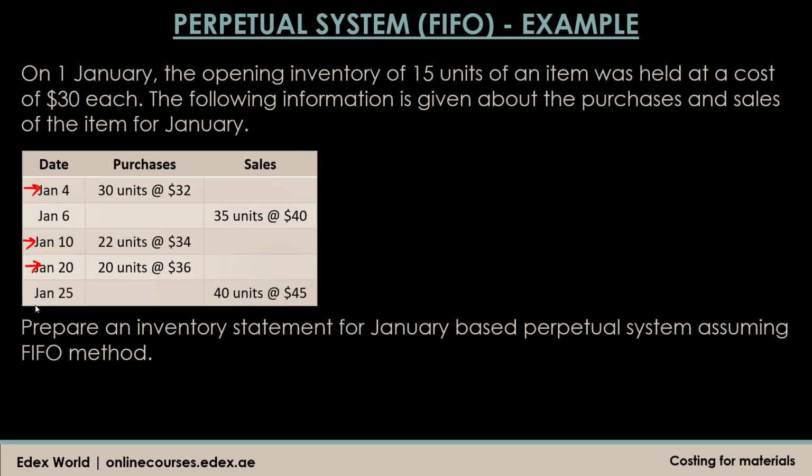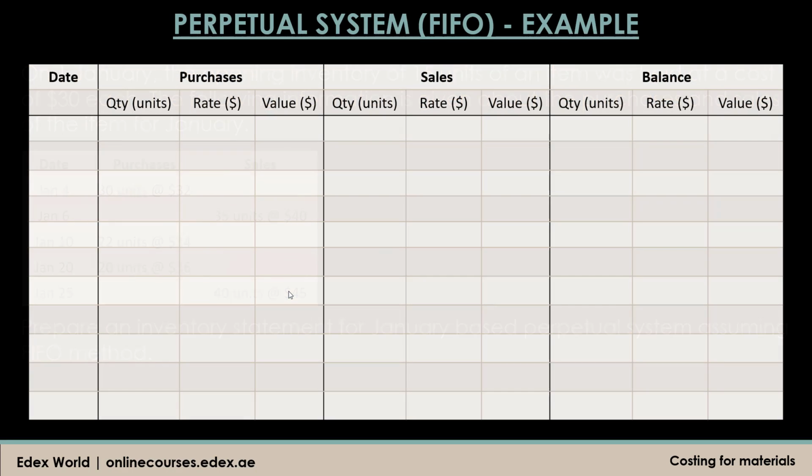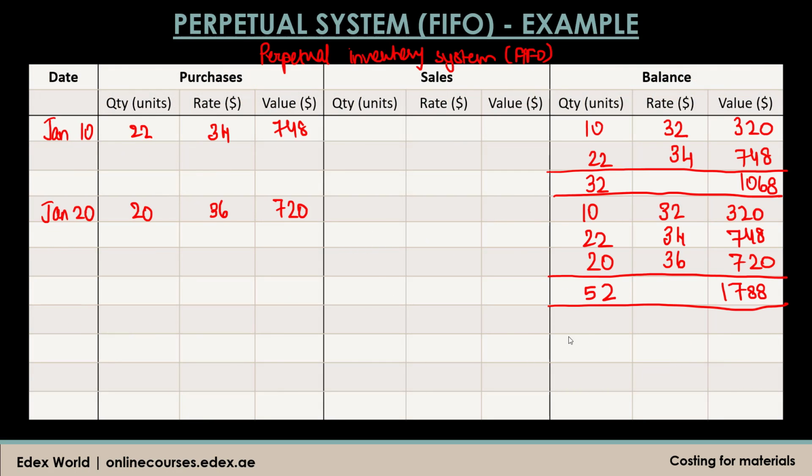Then if we see our transaction on Jan 25, 40 units were issued. So let's go back to our perpetual statement. 40 units were issued at $45 per unit, but that $45 is not of relevance to us, because in our statement, the rate column, we're not going to write that 45. We are going to write the rate at which items were issued. So Jan 25,